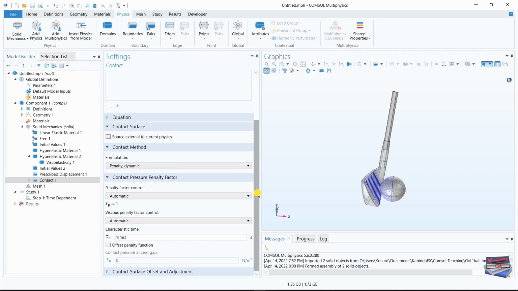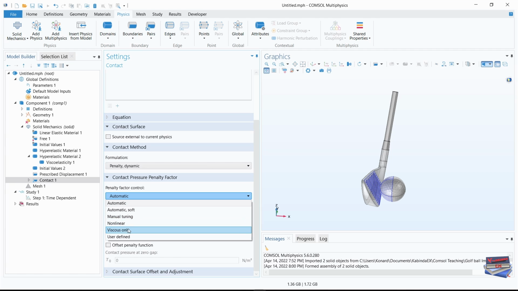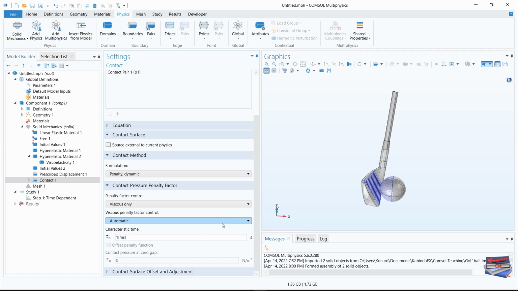Let's scroll down a bit more. For the penalty factor control here, let's change from automatic to viscous only. And for the characteristic time, let's change from 1 to 0.025. Okay,